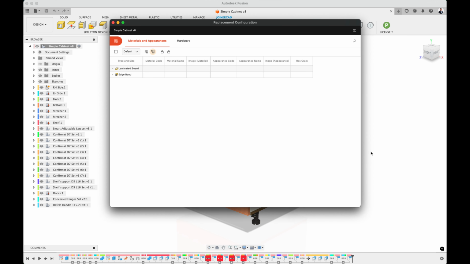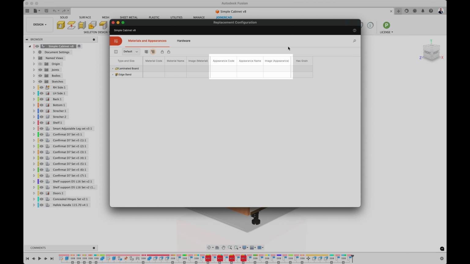In the main window, you see four groups of columns. First group, type and size of materials. Second group, material code, name, and appearance. Third group, cover code, name, and appearance. I would like to point out that not all boards have a cover.